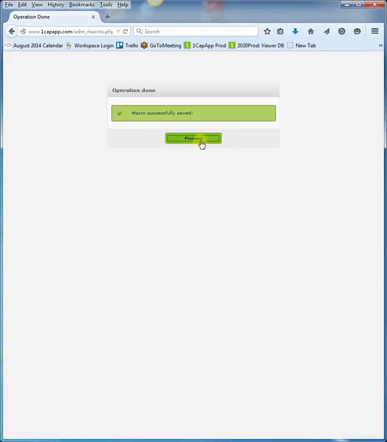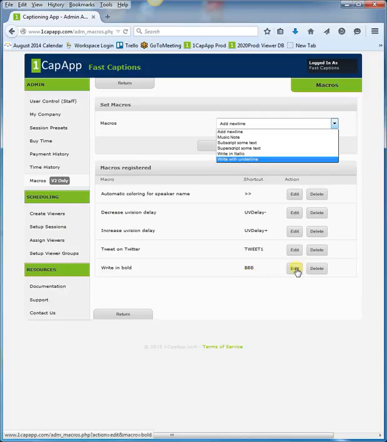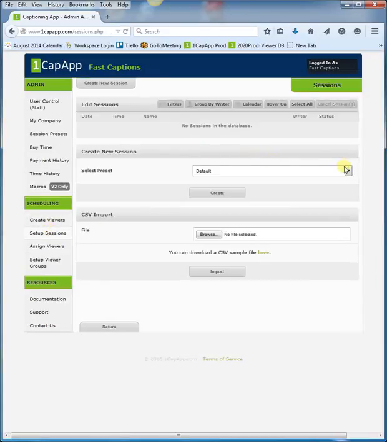I'm going to save it. So now you notice that the bold is not in this list anymore because I've registered it down here, and it's a BBB text that has been defined for that macro. If I want to change it, I can go in and change it with an edit, or I can delete it and start over. But let's create a session and I'll show you how it works.